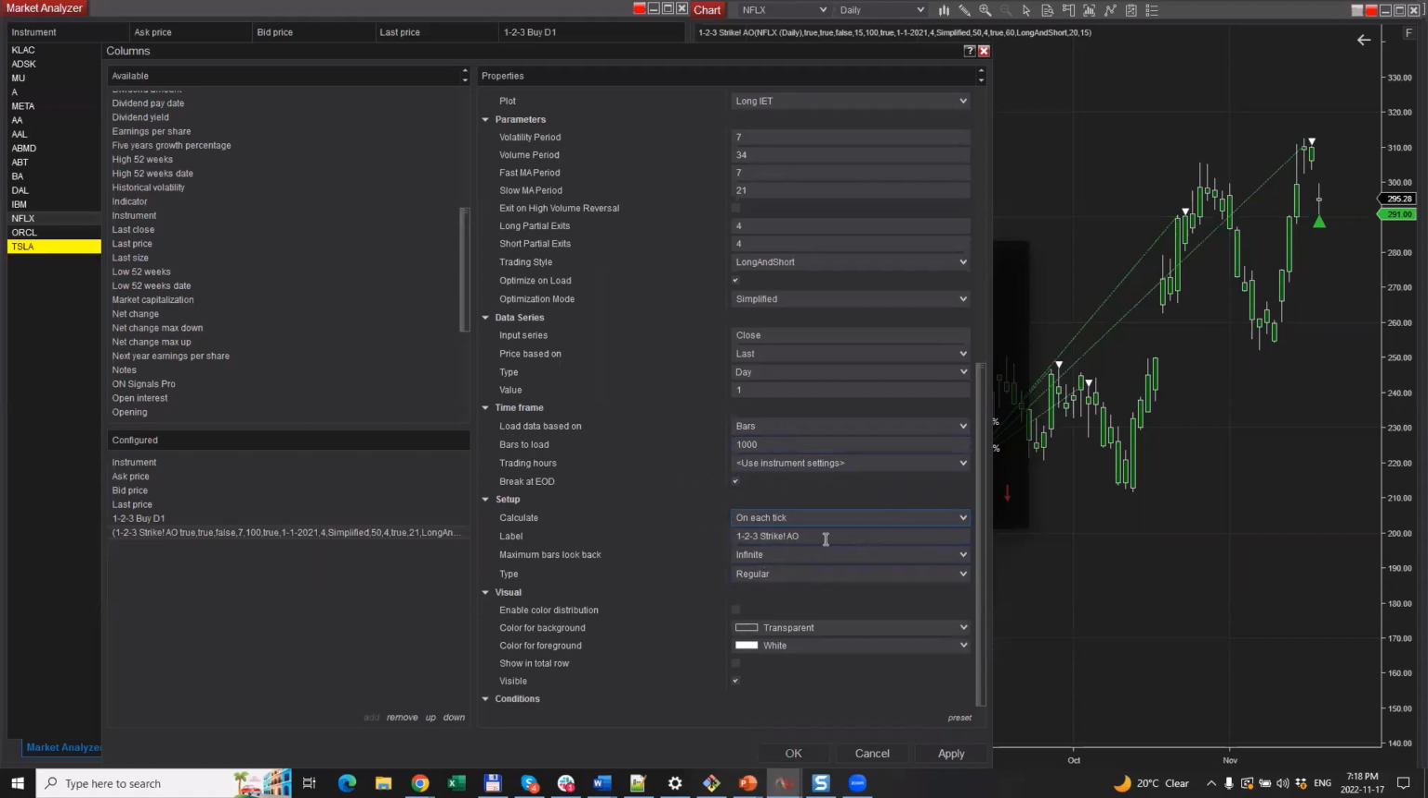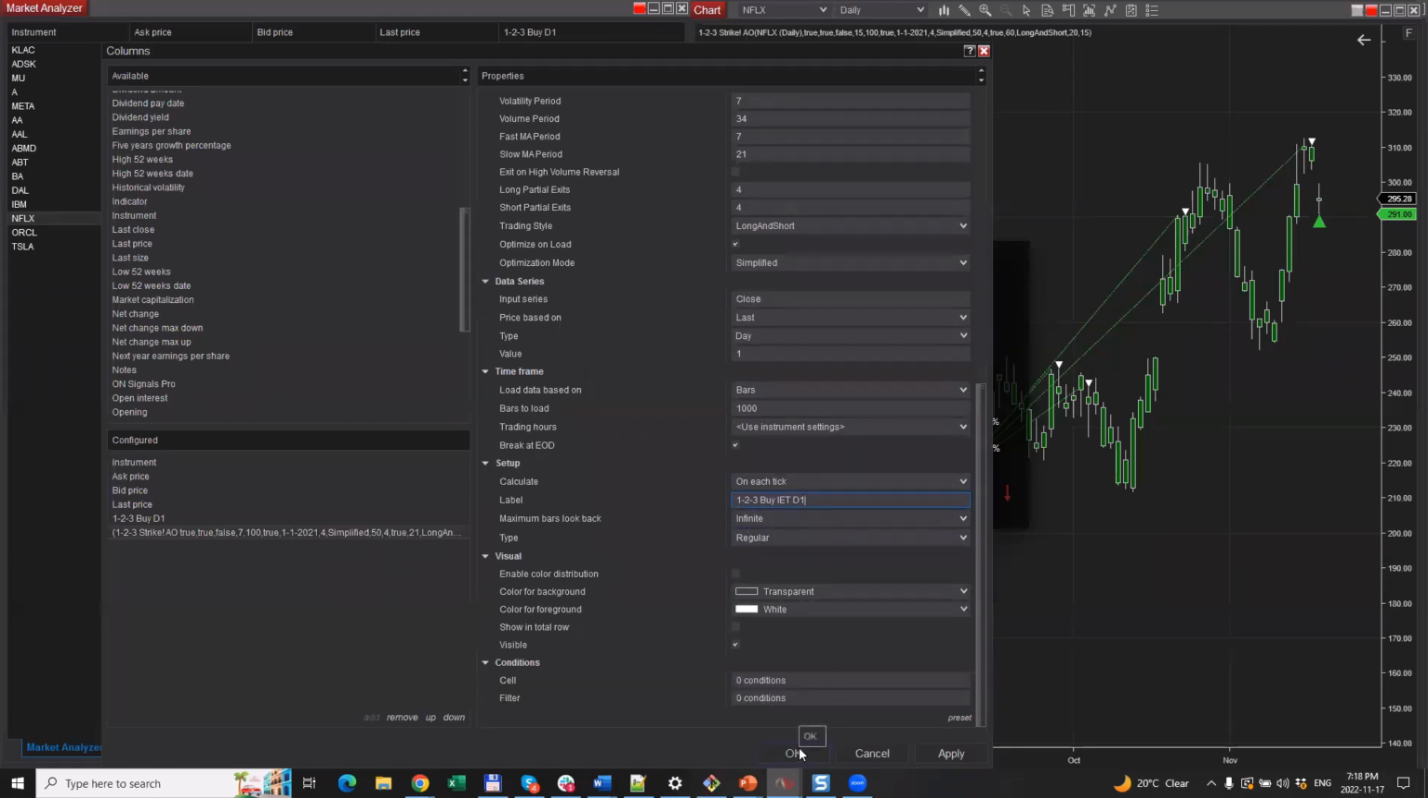And we're almost done. The only thing I'm going to do now is to change the label. Again, I like the label to be as descriptive as possible. So 1, 2, 3 by IET on the daily time frame, D1. So now that I know everything I need to know, it's going to show me the long IET on the daily time frame for 1, 2, 3 strike. All right. When I click OK,